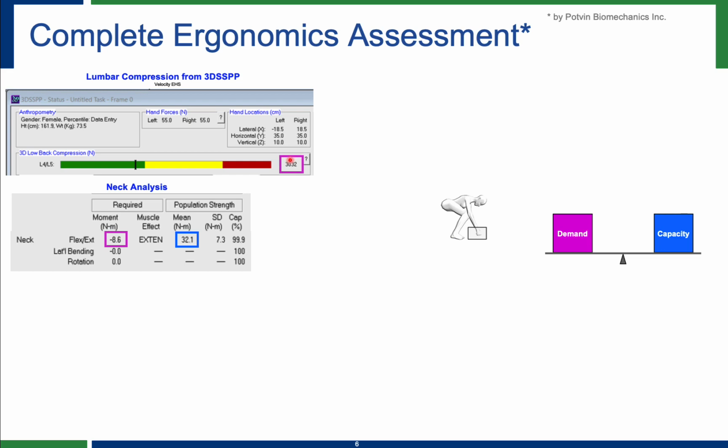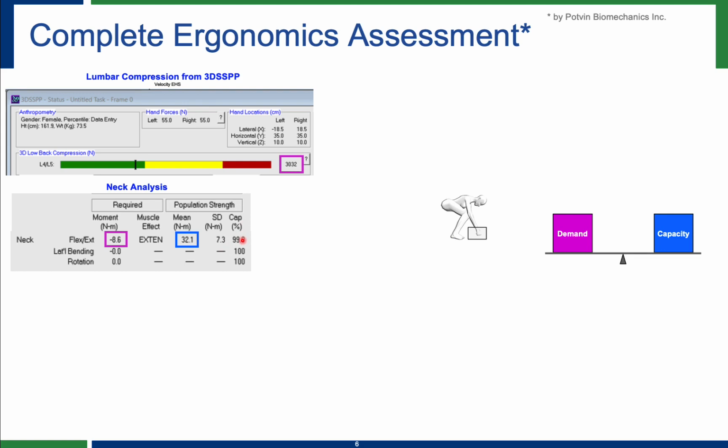So here's the demand, and then we could compare that to some capacity. Some might use the 3,400 newtons from NIOSH. Here in the 3D SSPP, they would show you in a table the moment demand. They'd show you the capacity of an average person, and then using the standard deviation, you could maybe calculate either the capacity of a 25th percentile female, so that 75% would be capable,